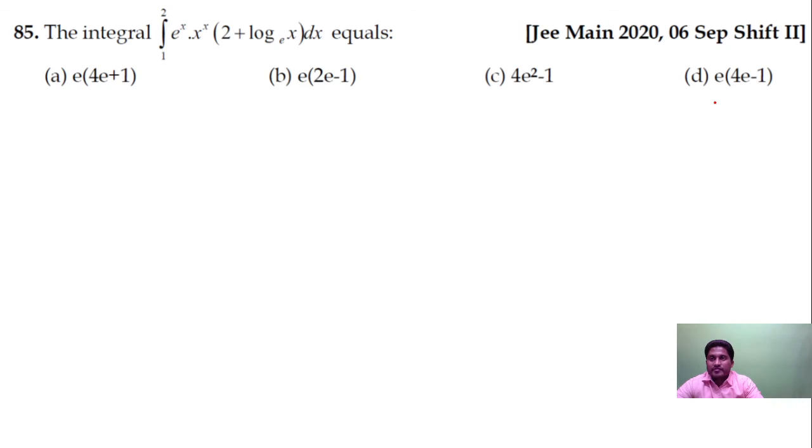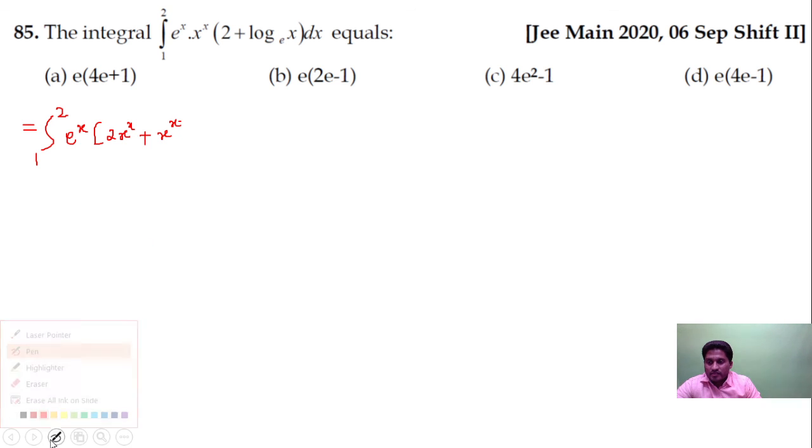Okay, question number 85. I can write this as, no need to use by parts, it's very lengthy. Okay, now listen, follow carefully. 1 to 2 e power x. If you multiply x power x, so 2x power x plus this is x to the power of x into 1 plus log x. So can I do like this? I am going to write this as e power x into x to the power of x. This can be written as 1 plus log x.